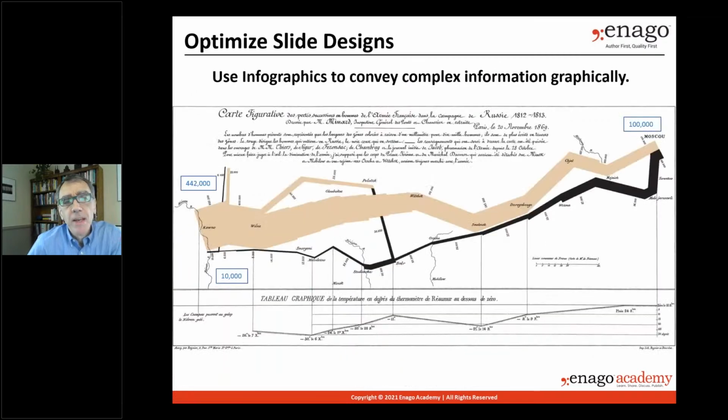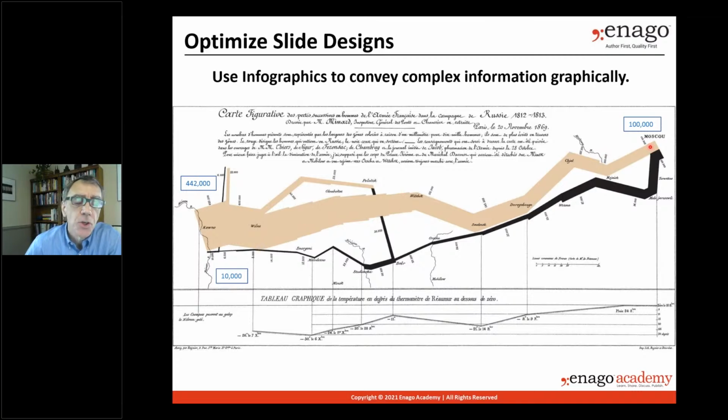Now, let's talk a little bit about data visualization and infographics. This is one of the most famous so-called infographics ever made. It was made by a statistician named Charles Joseph Minard in 1869 to describe Napoleon's campaign from Poland to Moscow in the War of 1812. And this is ostensibly a map showing the route. Let me show. Okay, so this is showing the map, the route that Napoleon's army followed from Poland to Moscow,